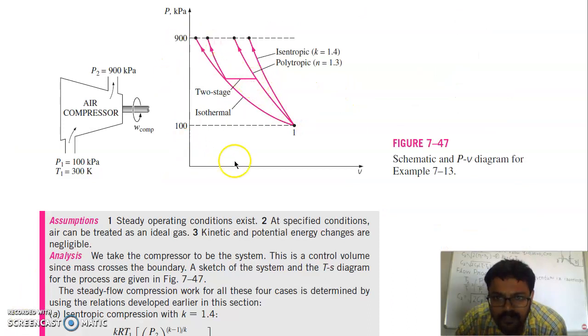So now here you can see in this pressure volume diagram, this is isentropic work which is maximum. This is polytropic work which is less than isentropic. This is isothermal, which is not possible in actual cases. It is very difficult to compress a gas isothermally without raising the temperature in a finite time. We can do so, but that will take a much larger time, and the size of the compressor will become impractical. Thus, what we use in actual cases is multi-stage compression. That is this curve, two stage, which has less work, and it is almost near to the isothermal process. So in this way you can reduce the amount of compressor work.